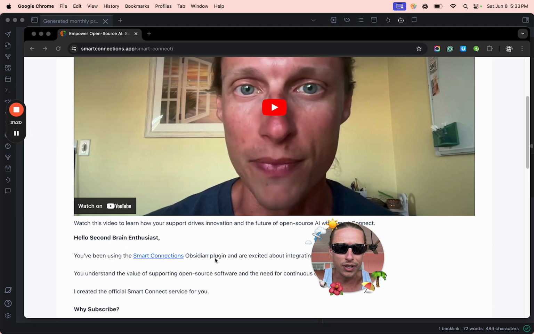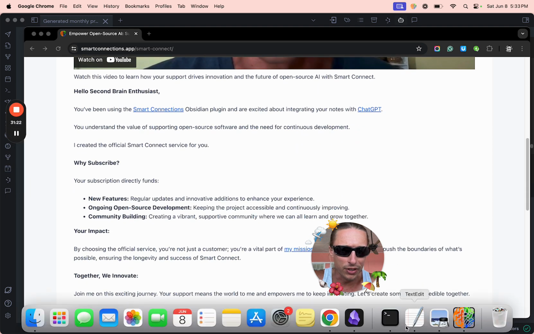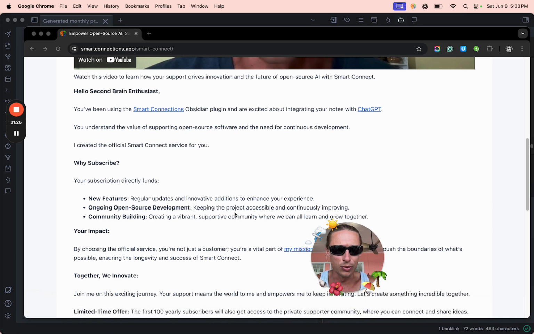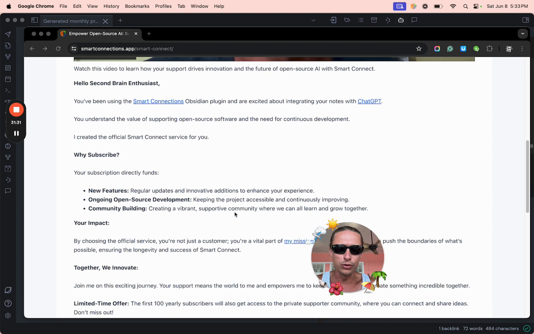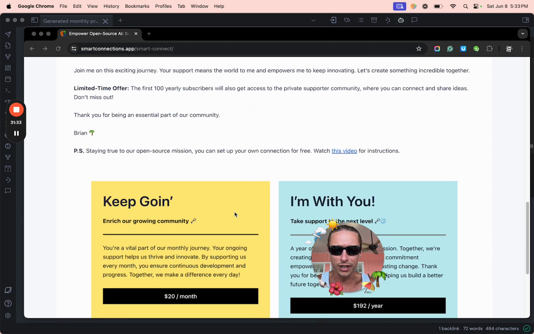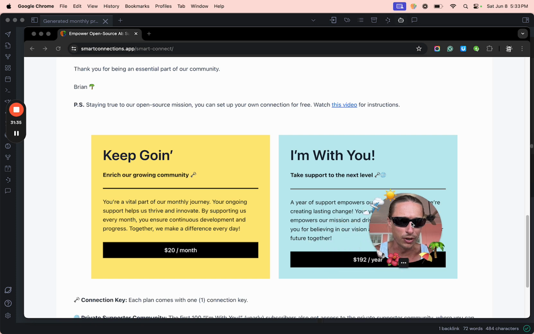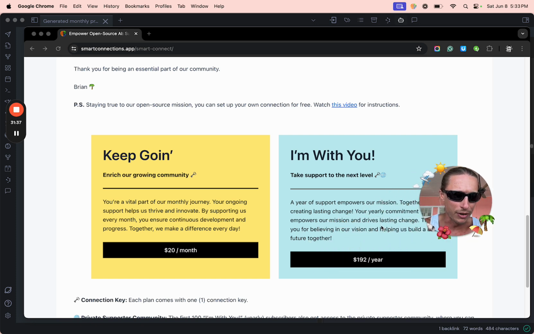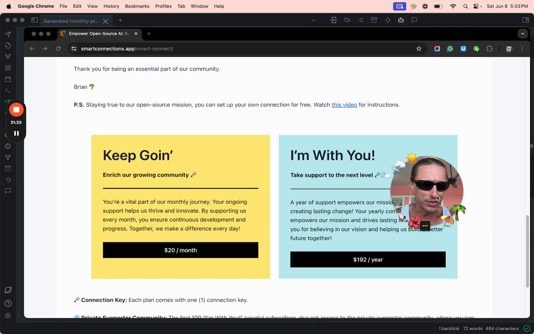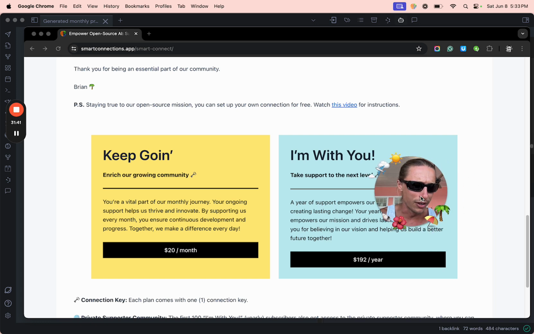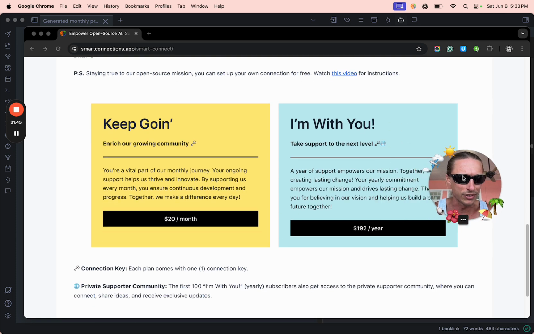So up until now, the only way to use Smart Connect was to become a supporter, which had a minimum donation requirement. Now you can start using Smart Connect for $20 a month, or you can pay for the year, with a 20% discount, pretty standard. But basically, you get the same access to Smart Connect for a limited time. Anybody that